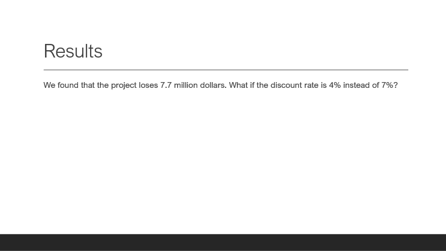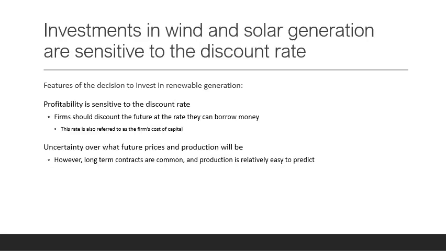What if the discount rate is 4% instead of 7%? At the lower discount rate, the project makes $5 million. So this kind of highlights that investments in wind and solar generation are sensitive to the discount rate. This is the same for any investment decision, really. But the profitability is sensitive to the discount rate, and firms should discount the future at the rate they can borrow money. This is referred to as the firm's cost of capital. In other words, what's the interest rate on the loans they can get to